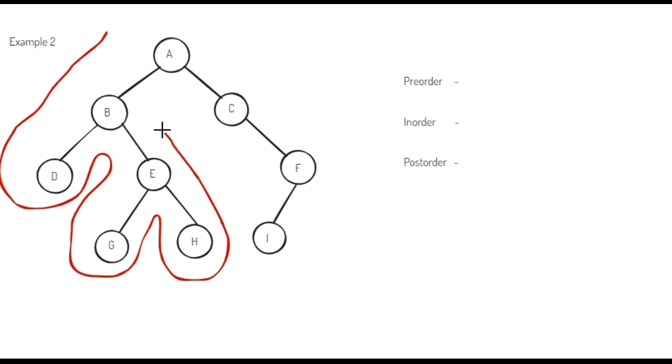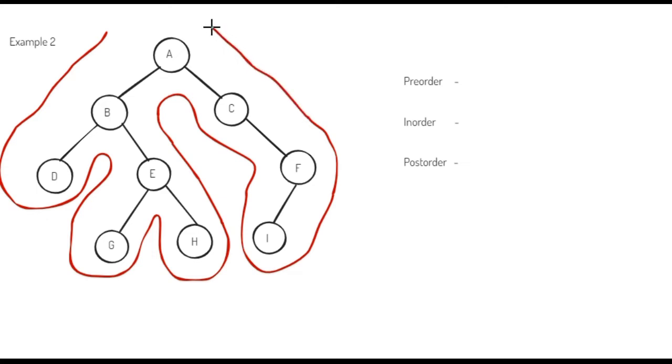In this manner, we will visit all the nodes. So we will start from root node. Since root node A is visited first time, the pointer direction will be left to right, and we will add this node in the pre-order list. So node A will come in the pre-order list.